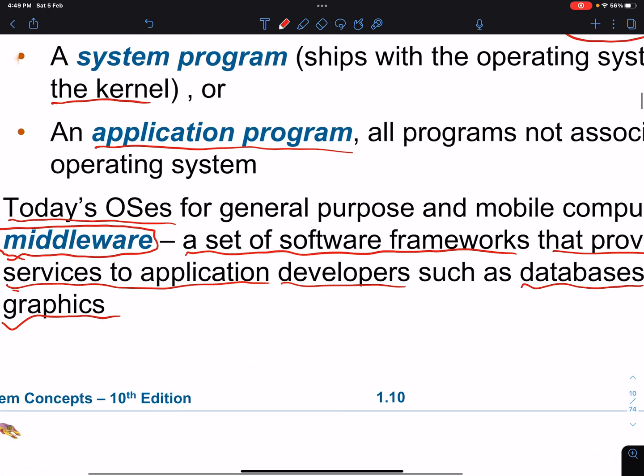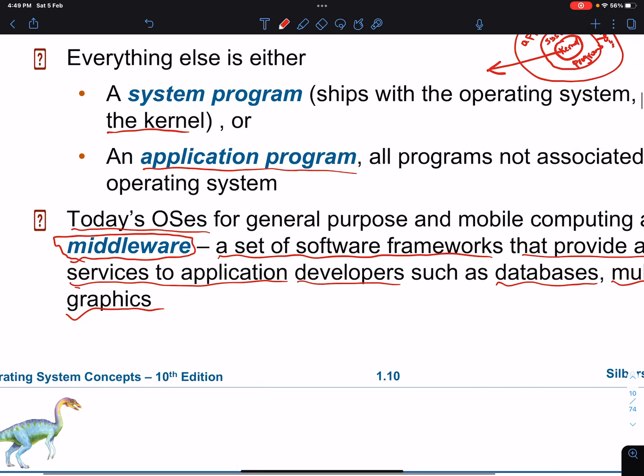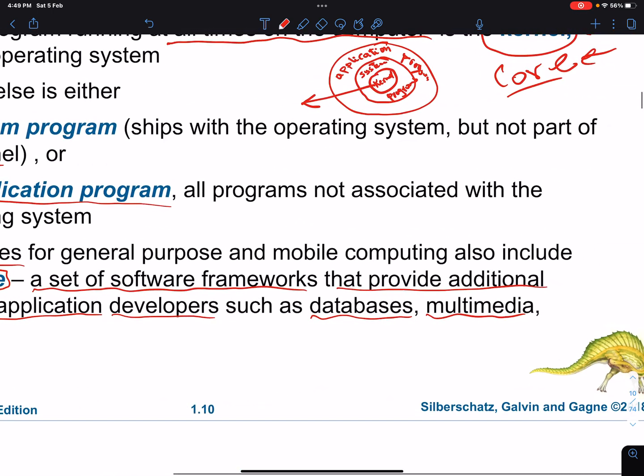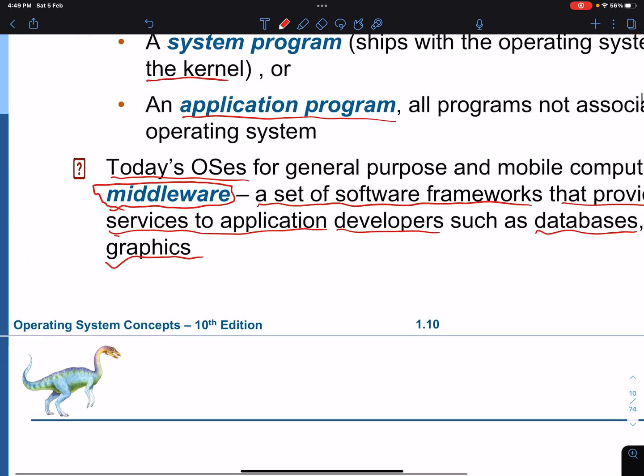As an example, iOS users get something like iMovie with the operating system, that helps you do whatever multimedia work you want and so on.